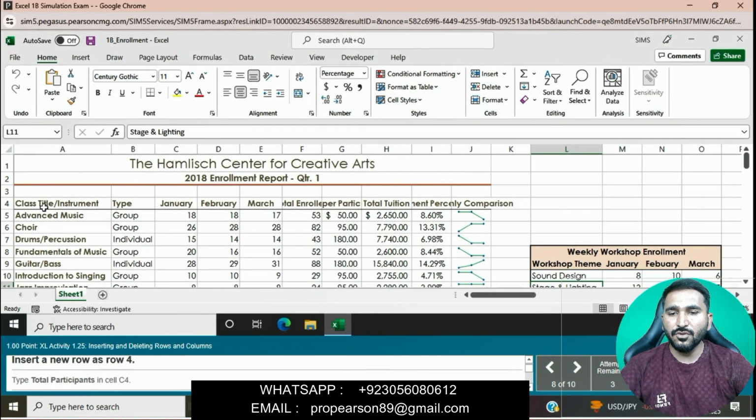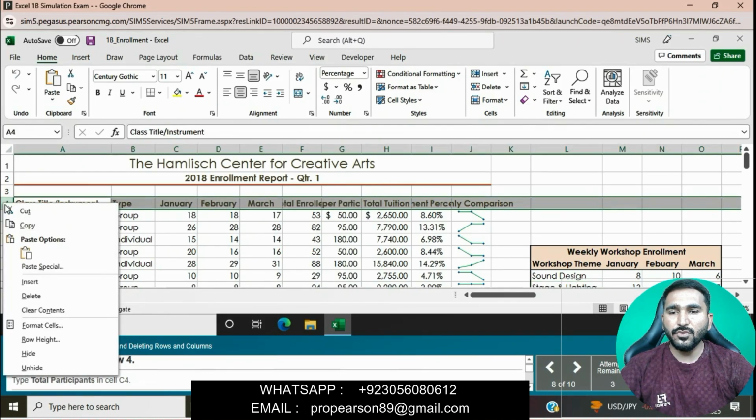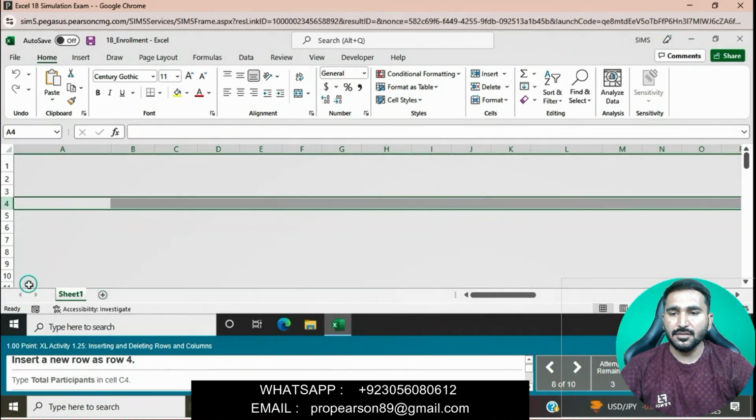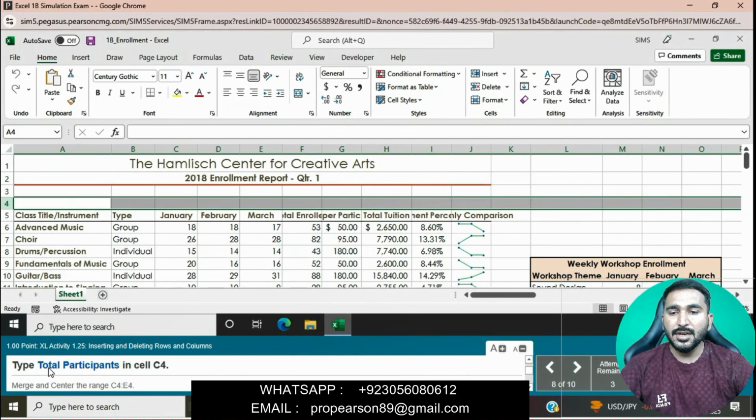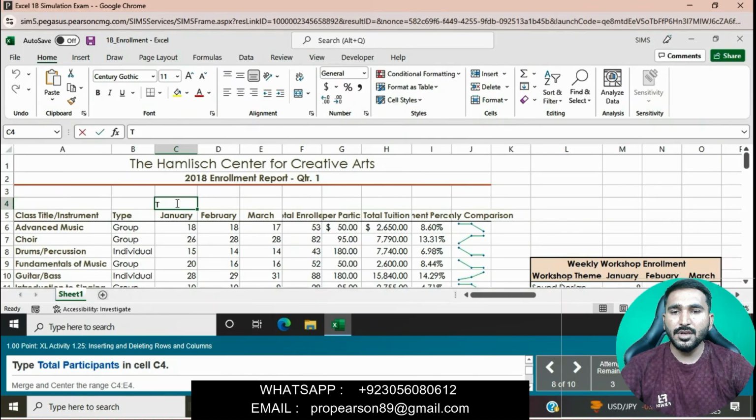Click on row 4, right click on row 4, and click on the Insert button. The new row will be inserted. Type total participants in C4. Click on cell C4 and in the formula bar type total participants.